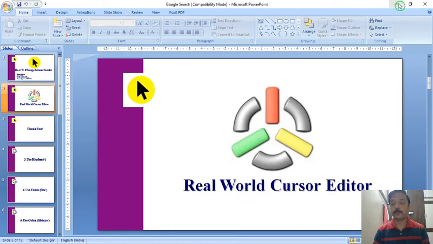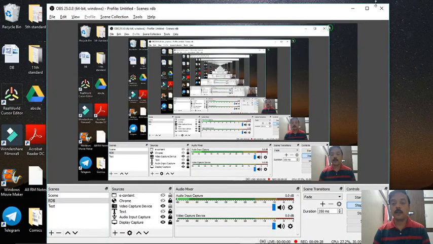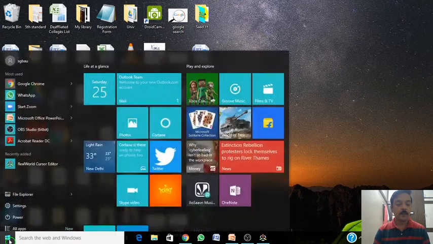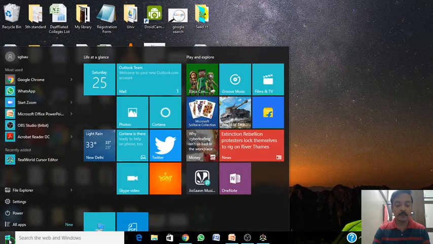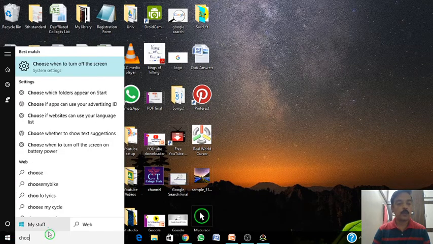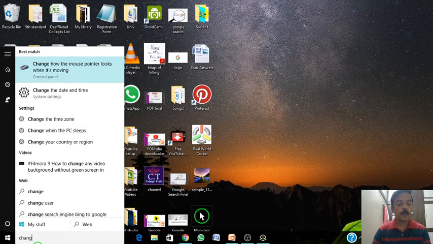Now again, suppose you need to change to another cursor. Again we have to do the same thing, and I'll type change how the mouse pointer looks.